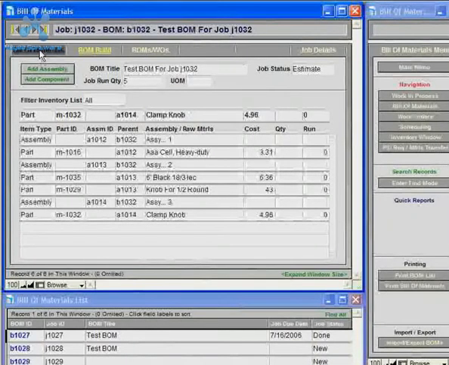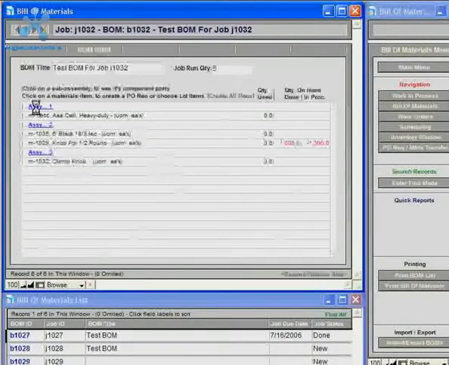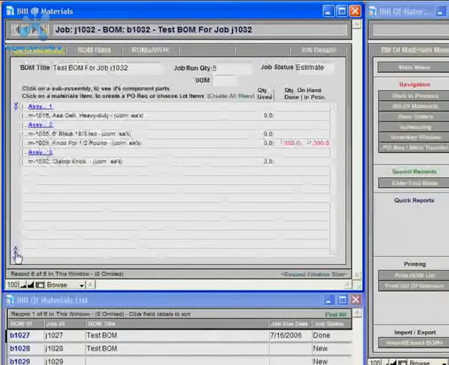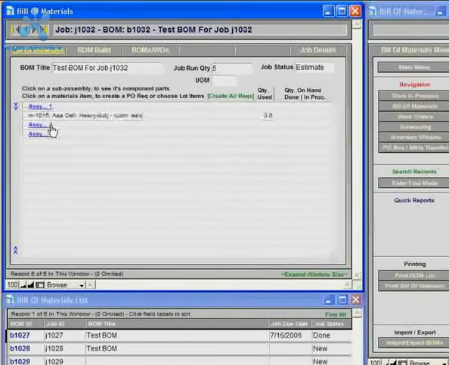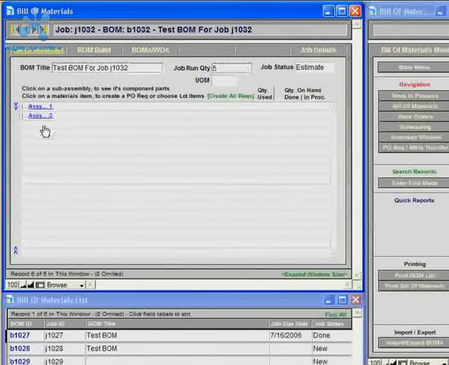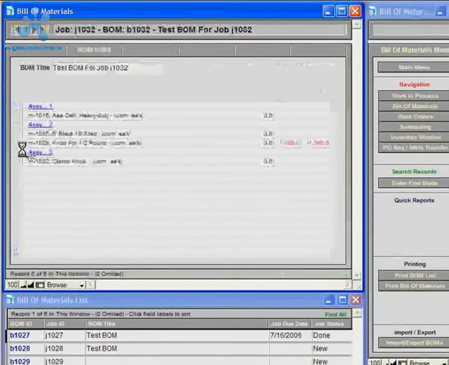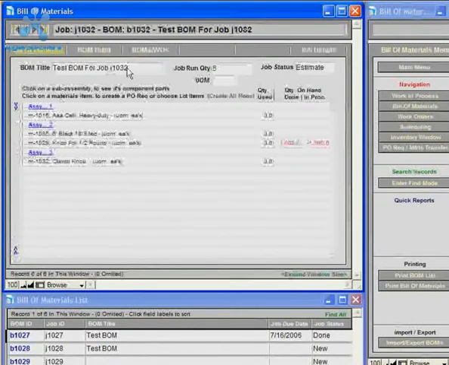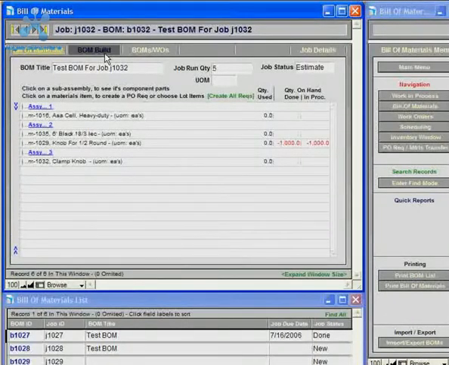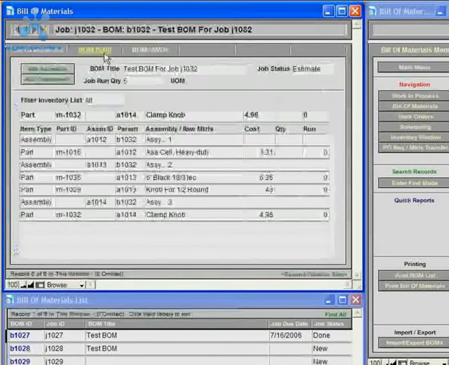And then you can see if we go to the bill of materials view, you can see we have a little bill of materials, and you can expand and contract the assembly records by clicking on the assembly, and you could expand and contract all by clicking these arrow buttons. But now I'll go back to the BOM build,